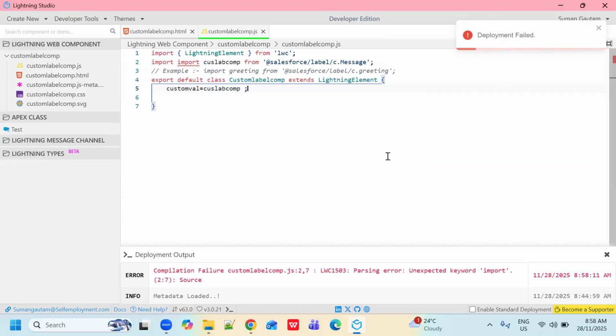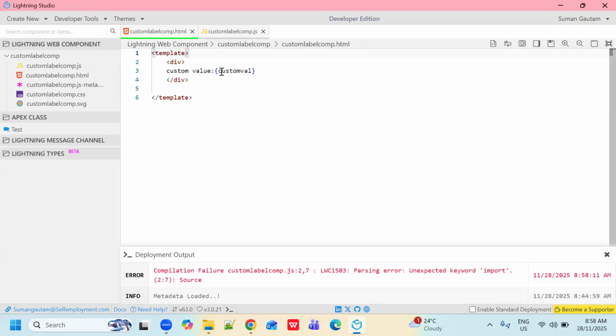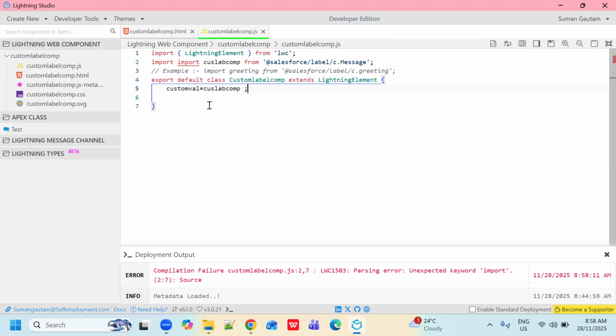What happened? Something is wrong here. Let me check the HTML file. I'm using this variable to store the value, and this variable.